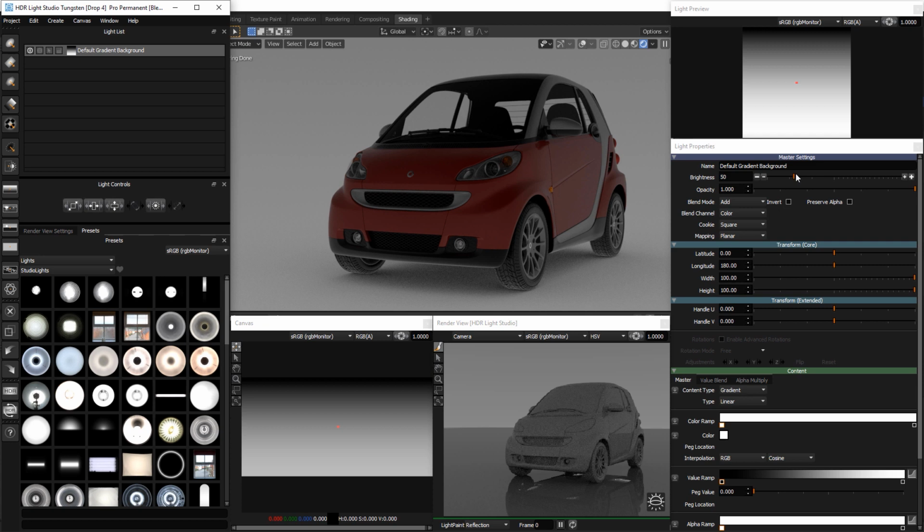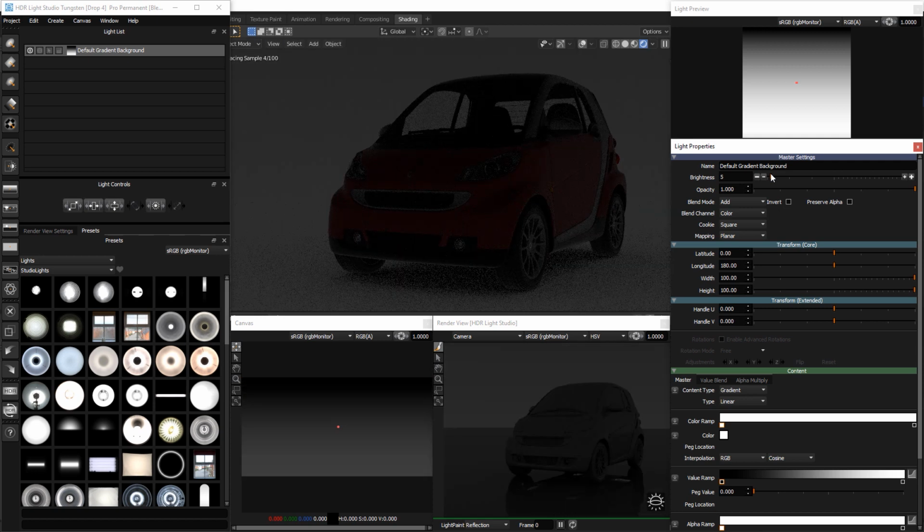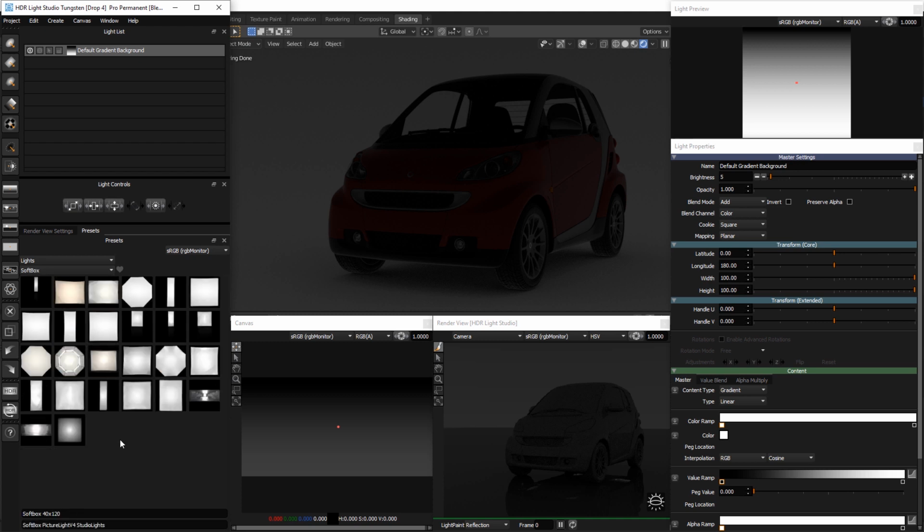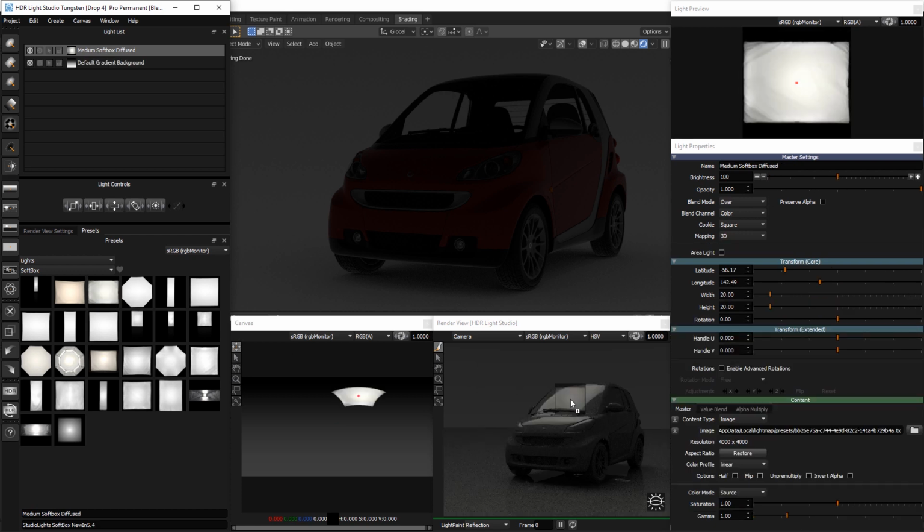Let's reduce the brightness of the gradient background light so we can still see the car, but so it's quite dark. I'll enter a value of 5. Let's add a softbox light over the top of the car as our primary light source. Change the filter drop down to softbox in the presets panel. Drag and drop the third preset softbox light, medium softbox diffused, onto the middle of the windscreen in the render